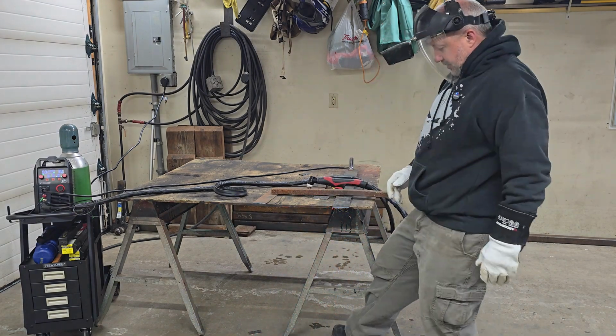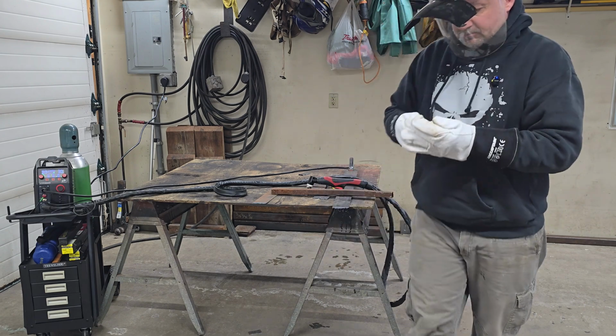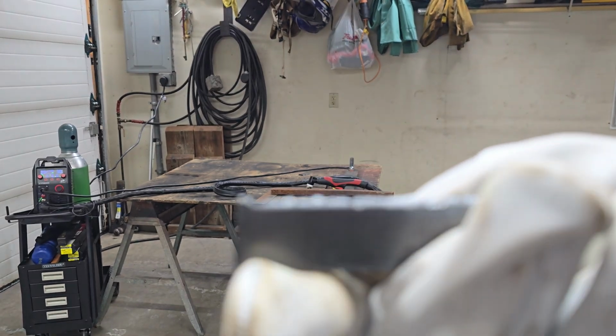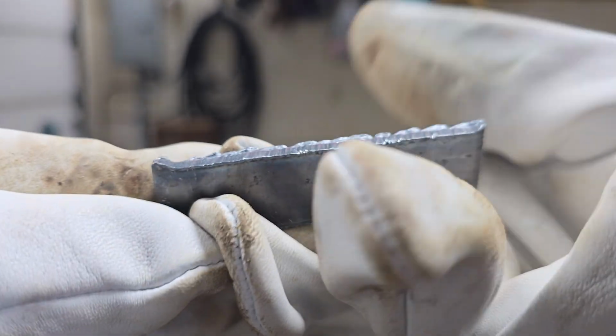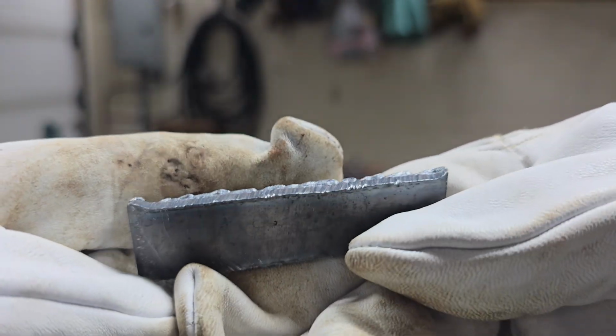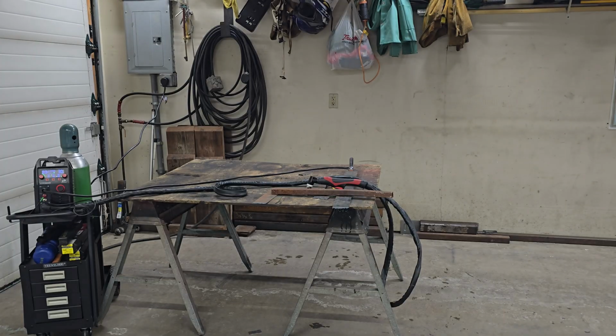All right, so there's my cut. And you'll be able to see where I screwed up the start point over here. But overall, nice cut. You can see that. Now, if you want to go thick,